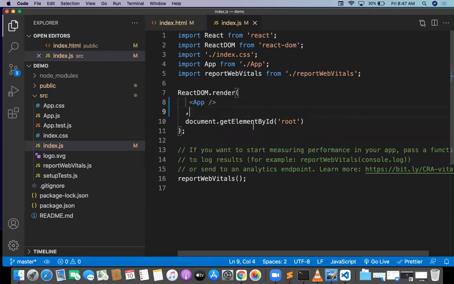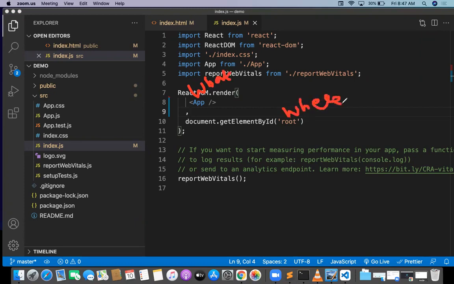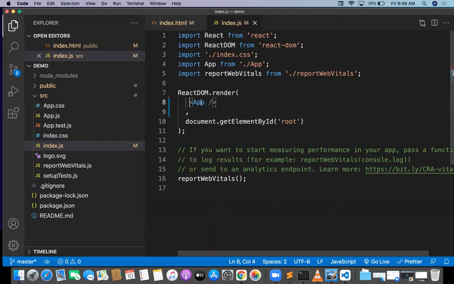So I'm telling you two points. One is what I need to render, the other is where I need to render. This is what I need to render, and this is where I need to render. What I need to render is app, and I need to place app on top of the root. So that's it. But what is app basically? I don't know what app contains. So this is the component